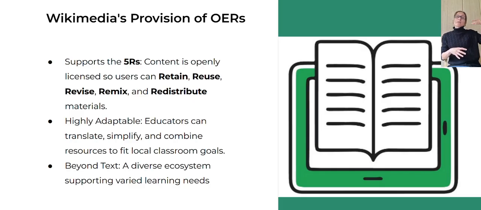So that might mean using something from Wikipedia and combining it with something from Wikicommons or Wikidata in order to enhance it and to improve it. And then obviously redistribute. So they are free to redistribute and use within your own projects. So the idea is that our materials are highly adaptable. So educators can take them, but then work with them to suit their own needs. So we want you to be able to translate them, to simplify them, to add things to them, to cut bits out, and to combine resources